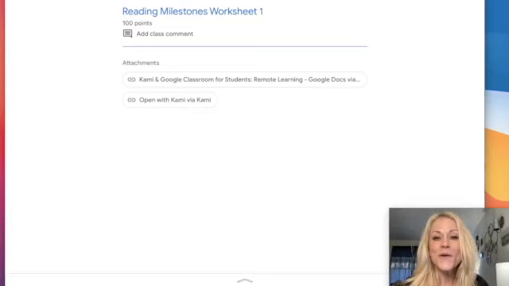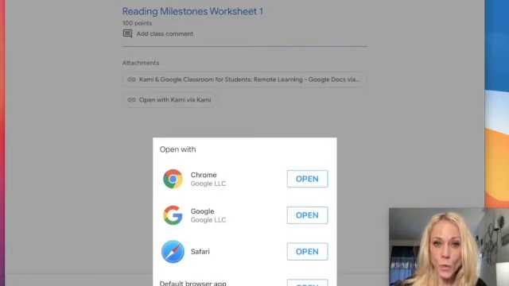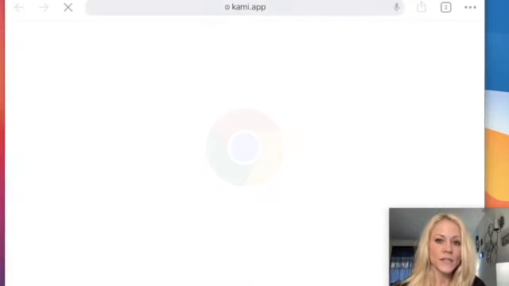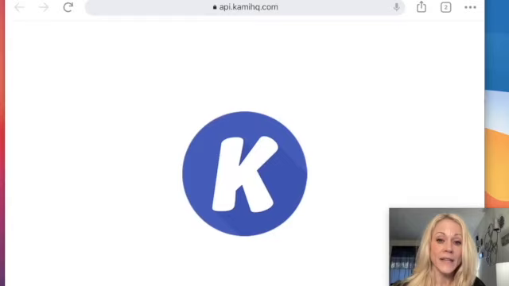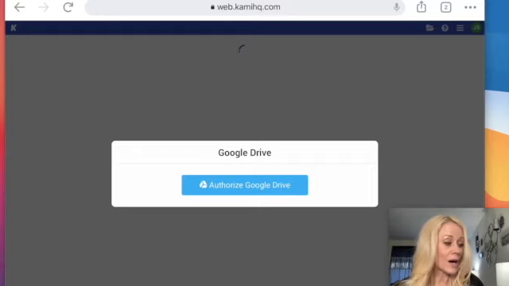But what the student will do is they're going to click on Open Cami via Cami. And then they're going to click on Chrome. So you'll want to make sure that they have installed the Chrome browser from Manager. So they're going to tap on Open. You're going to see that Chrome logo appear. Now you're going to see the Cami logo appear. In just a moment, it's going to open, and we're going to tap on Authorize Google Drive